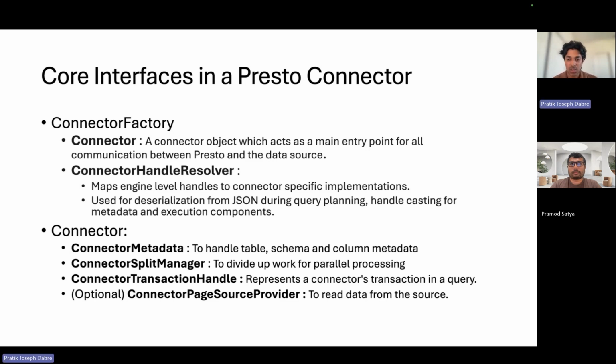From there on, we need to talk more about the connector itself, right? The connector contains the connector metadata interface to handle table, schema, and column level metadata. It also has a connector split manager API, which is used to divide work for parallel execution. You also need to implement the connector transaction handle, which represents the connector's transaction in a query. These are some of the interfaces that you need to implement in order to get your connector up and running,